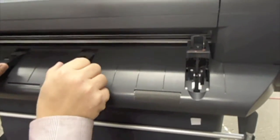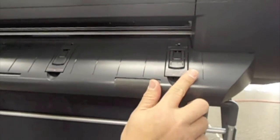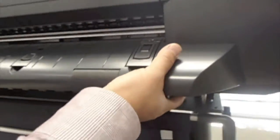I thought maybe you were feeding it that way. As you lift them, so they lift. That holds it. Yeah, and then just drop back down here. Okay. Gotcha. If you need to remove this piece here to replace the maintenance cartridge or waste ink cartridge, you